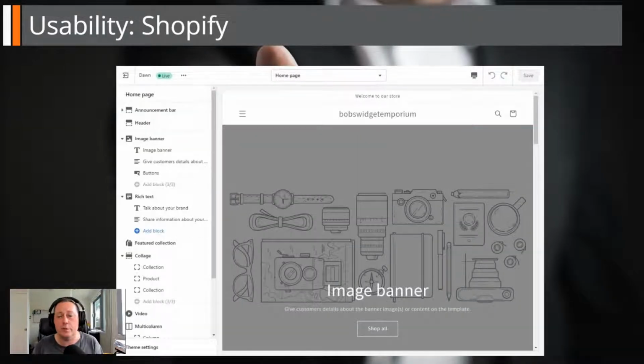Okay, so usability of Shopify. Oh, we are running out of time. I'm going to go faster. Usability of Shopify. Now, forget plugins, forget adding more CPUs or RAM to your server, or worrying about security. That's all taken care of with a hosted Shopify solution. At the end of the day, you want to spend more time growing your online business, right? So who cares how it works under the hood? That's a big tick for Shopify.